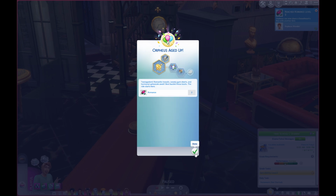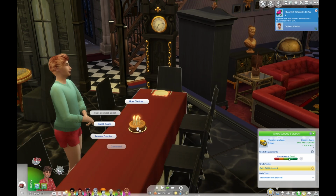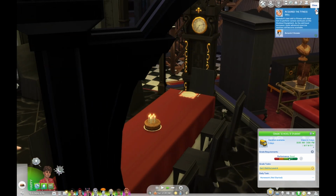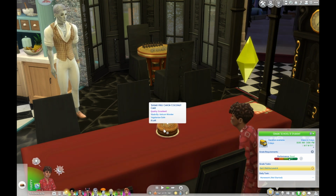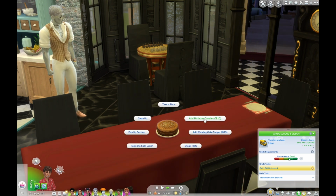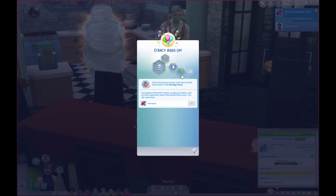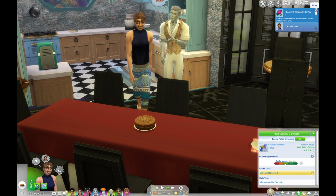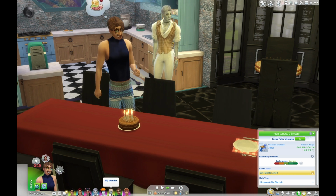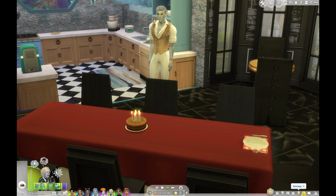So we'll have you do the painting one, and then Darcy can be our writer. Blow out candles. And then we'll add birthday candles. I like how they have to walk away to go age up. Okay, so you are going to be the goofball, and we're going to have you do writing. So that'll be slightly different. And then you can come here, and you're going to actually blow out candles now. And I forget, are you...